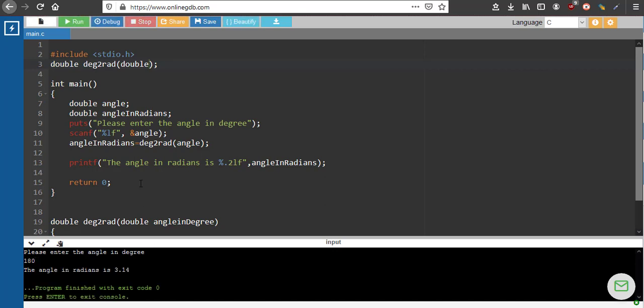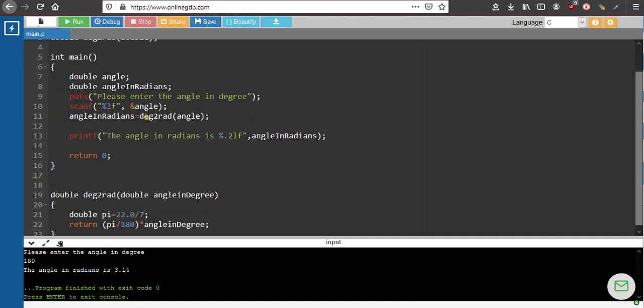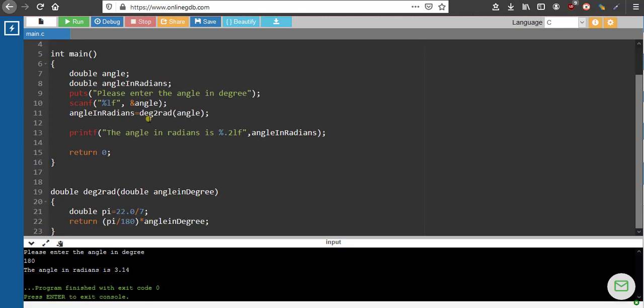So I hope this is clear to you. It's a very simple function. Again, formal parameters and actual parameters. The variables declared inside the function as an input to the function are what is known as formal parameters. Whatever values we are feeding to the function are what is known as actual parameters. Formal parameters are also known simply as parameters, and actual parameters are known as arguments.